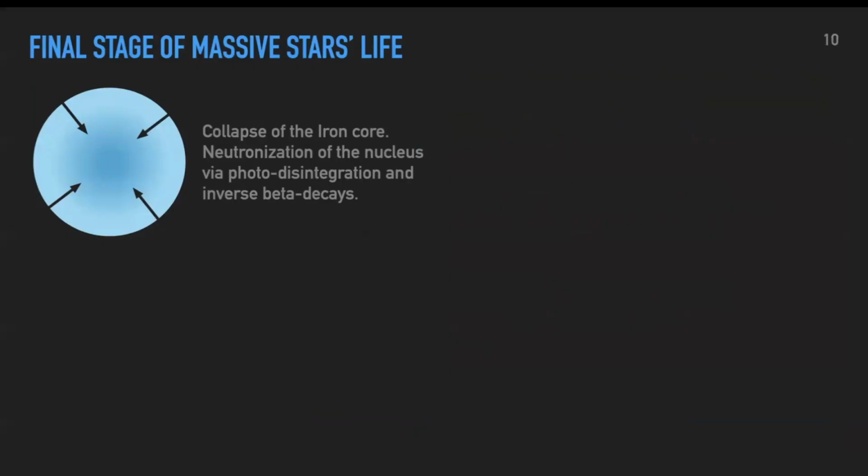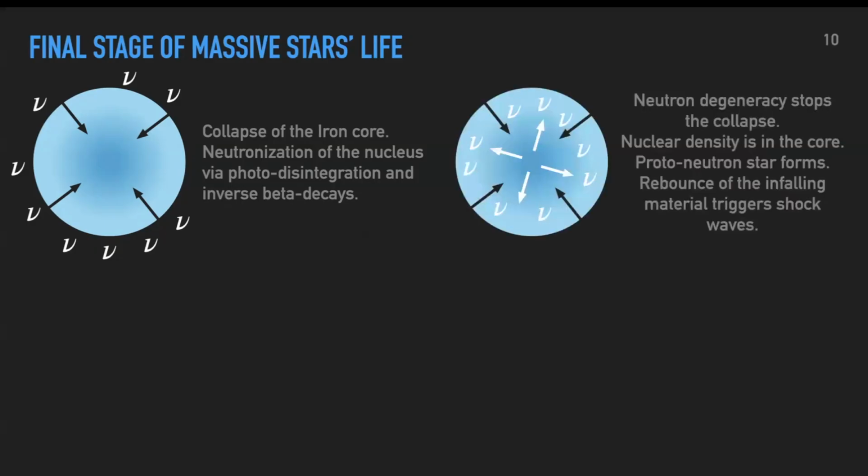Before starting, a small explanation of what a core collapse supernova is. A core collapse supernova explosion represents the final stage of a massive star's life, when all the nuclear fuel has already been burned and an iron core is formed. Here, the neutronization of the nucleus allows for some neutrino fluxes to be propagated and injected from the stellar environment until the nuclear density is reached within the core and neutrinos stay trapped